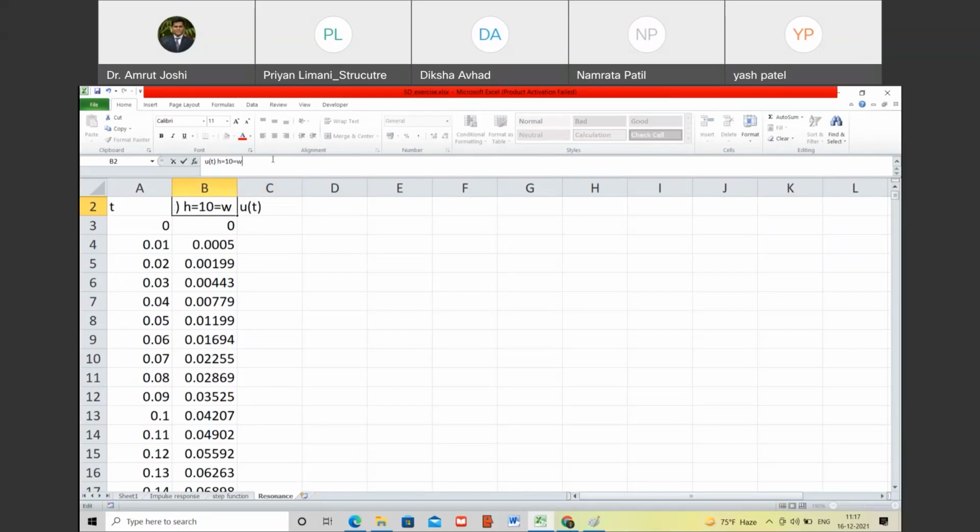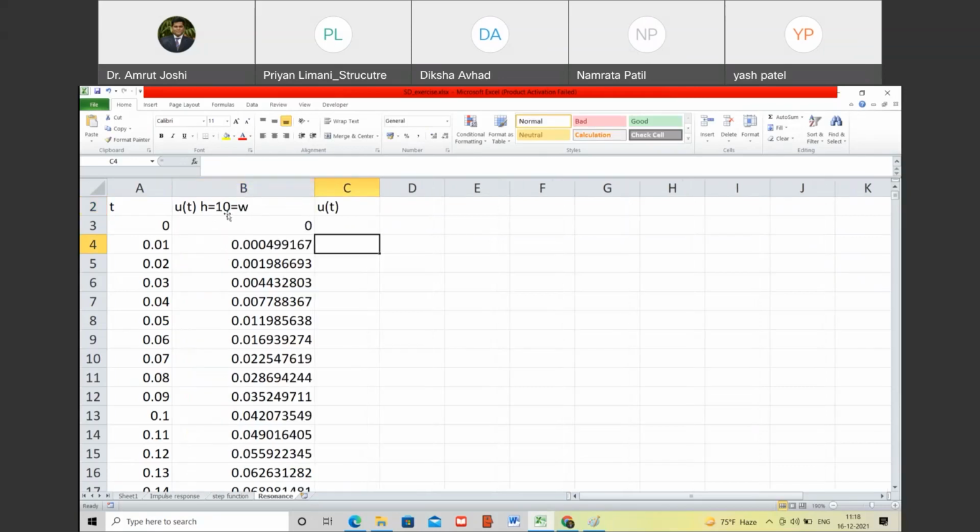So lambda is equal to 10, equal to omega, is the first case for which we have plotted the response. Now let us plot the response for the second case, where lambda is very close to omega. Or rather, let us plot it for lambda being smaller than omega. So instead of 10, let us say lambda is 6. Are you with me? So it is less than omega. This is the case that we are plotting the response.